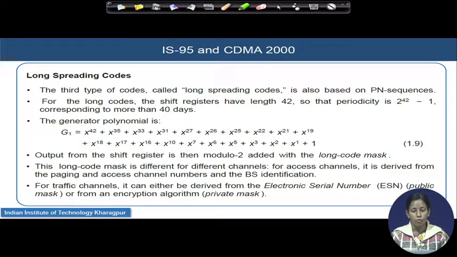The long spreading codes are also PN sequences only. So, a PN sequence of length 15 generates the short code. Here we will see the PN sequence of length 42 will generate the long spreading codes. Here we do not add a sequence of 0 like the short spreading codes, and finally we end up with a periodicity of 2 to the power 42 minus 1, which is finally equivalent to 40 days. The generator polynomial for the same will be like this,